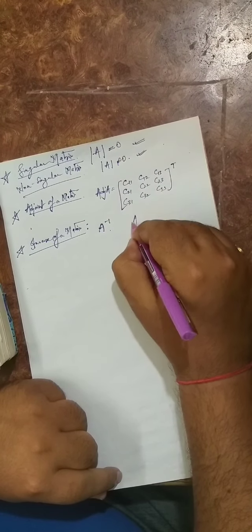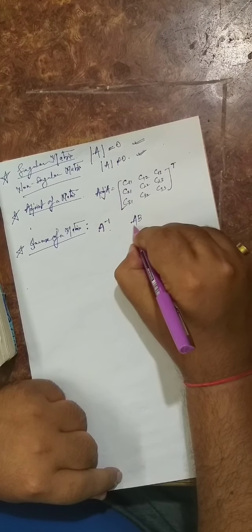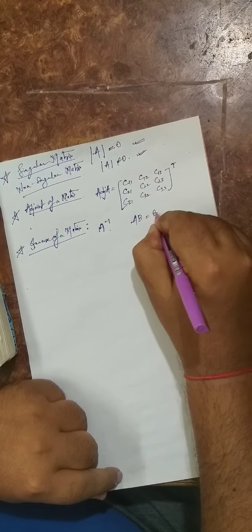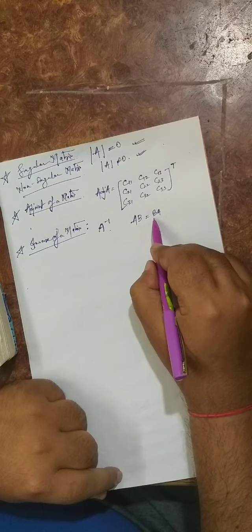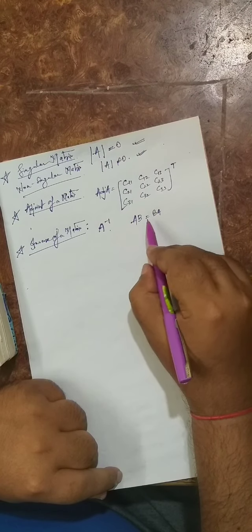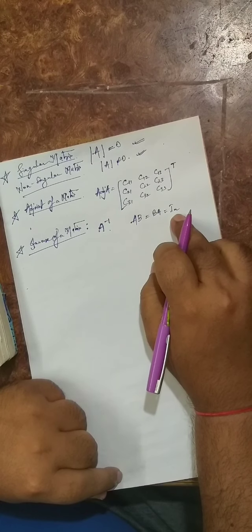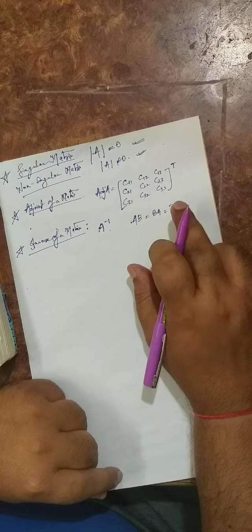Conceptually, we can say, if you find the multiplication of two matrices A into B, and again apply the commutative check, B into A. If we are getting an identity matrix of the same order, I am writing here n,